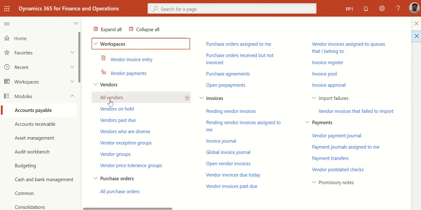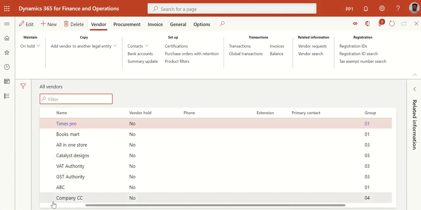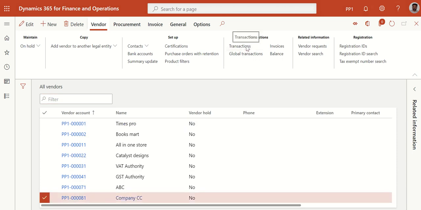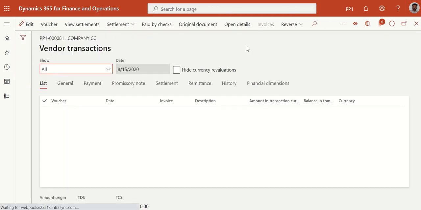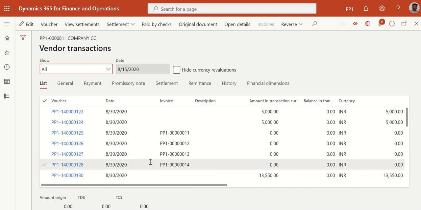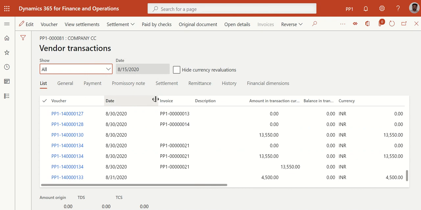Now you go to your all vendors. Select your vendor here, click on transactions. So you can see both the transactions here. Okay, is it 15th? Date.